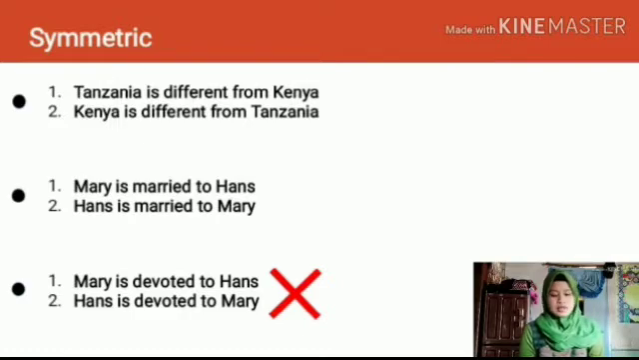And the last example, Mary is devoted to Hans and Hans is devoted to Mary. If we have a look at the meaning of the sentence,